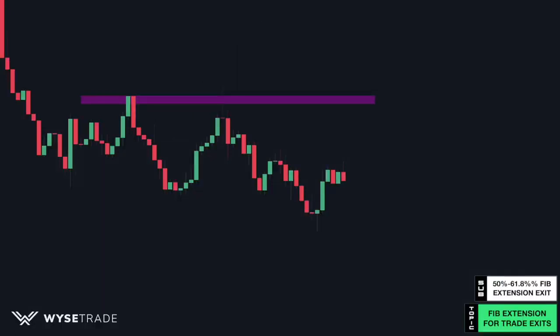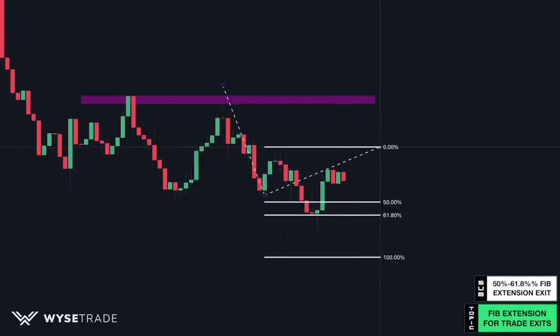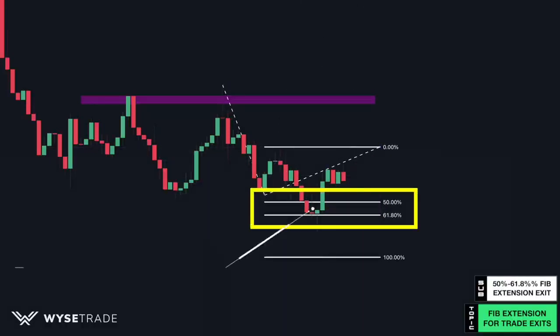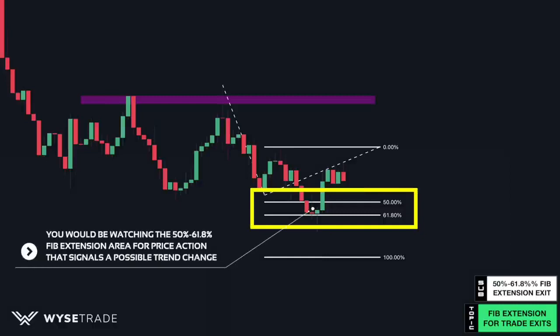So what you do is, you take your Fibonacci extension tool, click at the start of the previous impulse move here, drag it down and click again at the start of the corrective move, and then drag it up to the starting point of your current impulse move, then drag it slightly to the right and click again. You would then be watching the 50% to 61.8% Fibonacci extension area for price action that signals a possible trend change,